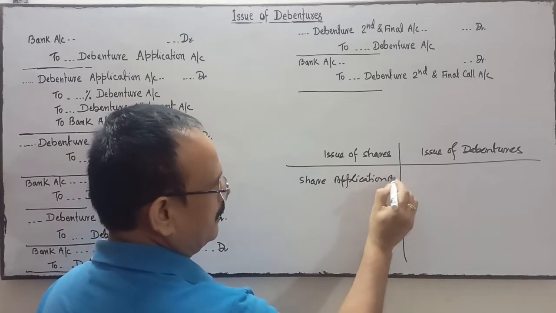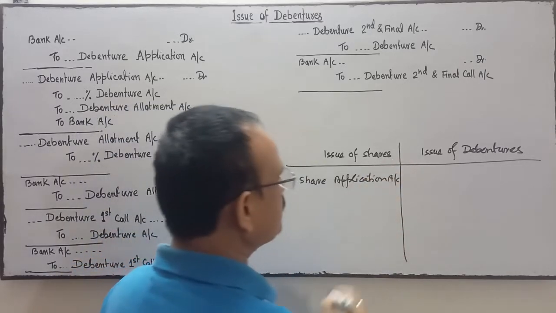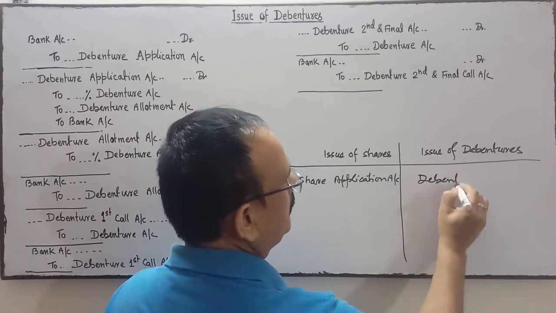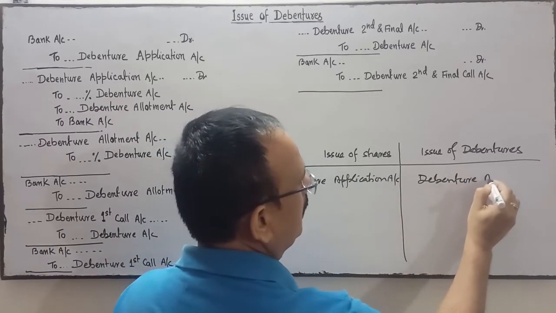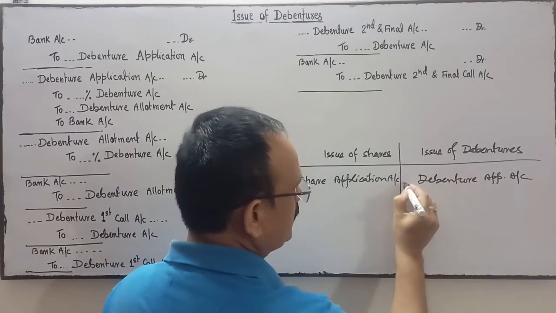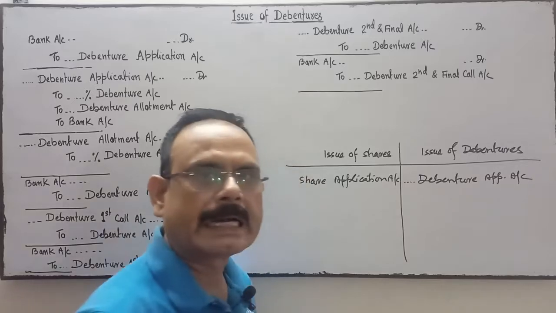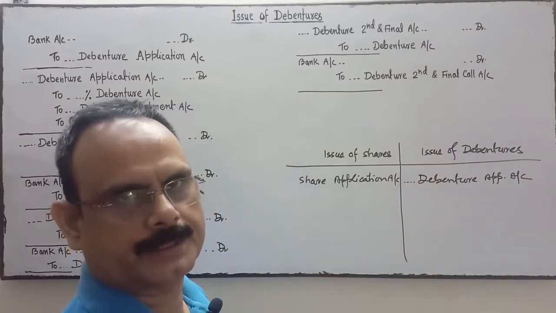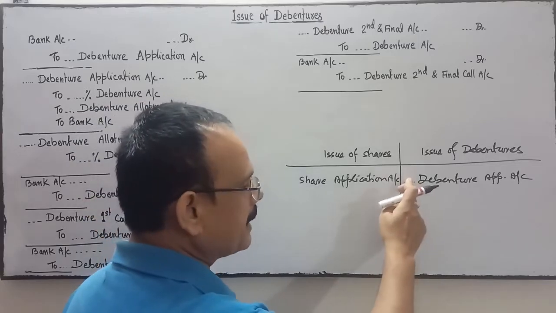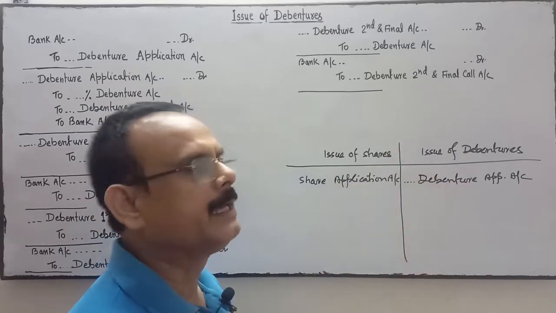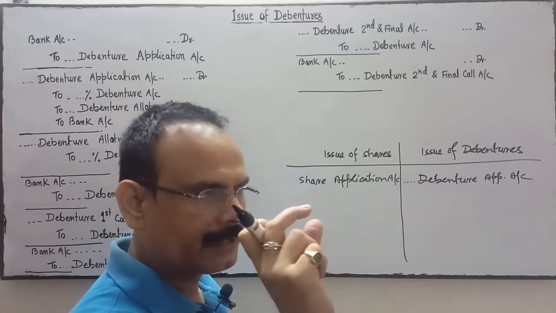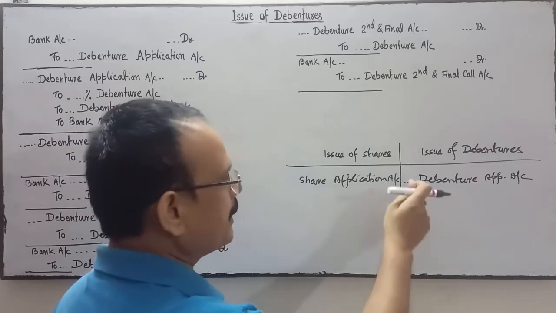Here, when the debenture is issued, we will write debenture application account, and before debenture we will prefix the rate of interest on debenture. If the rate of interest on debenture is 9%, then we will write 9% debenture application. If the rate of interest is 12%, then we will write 12%